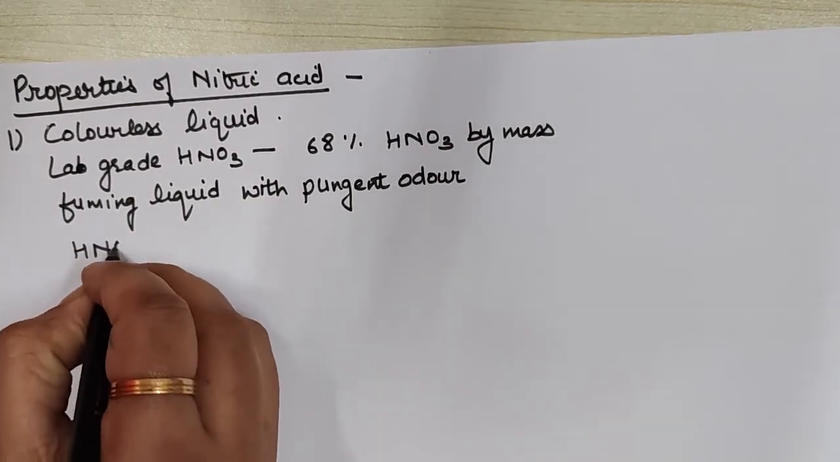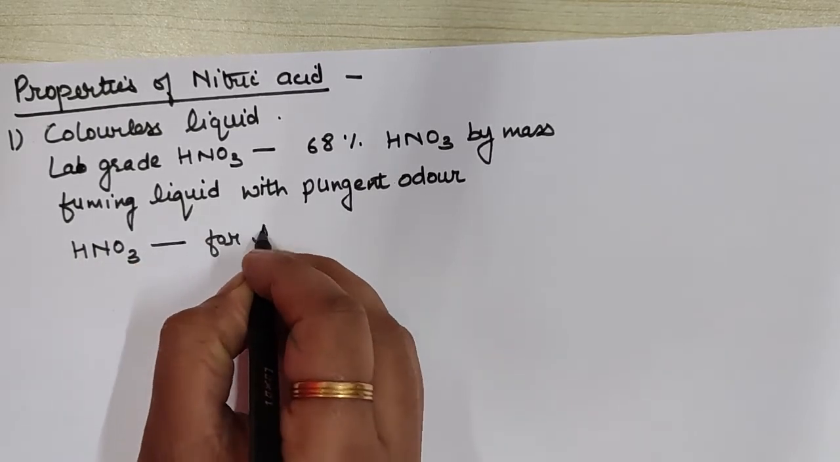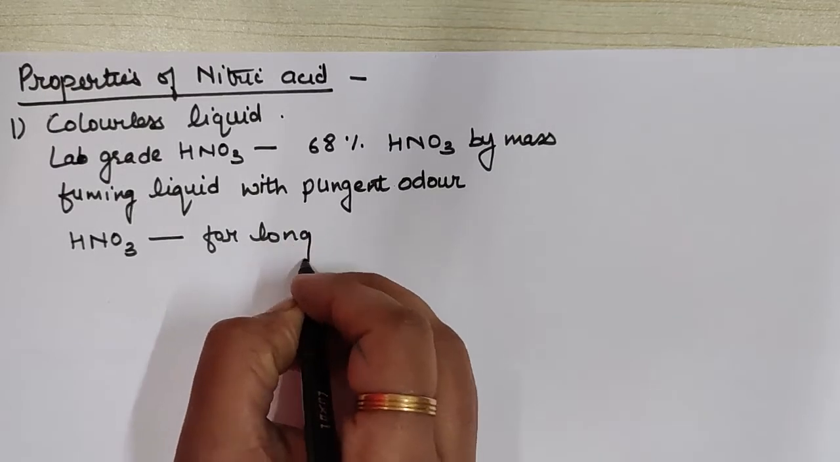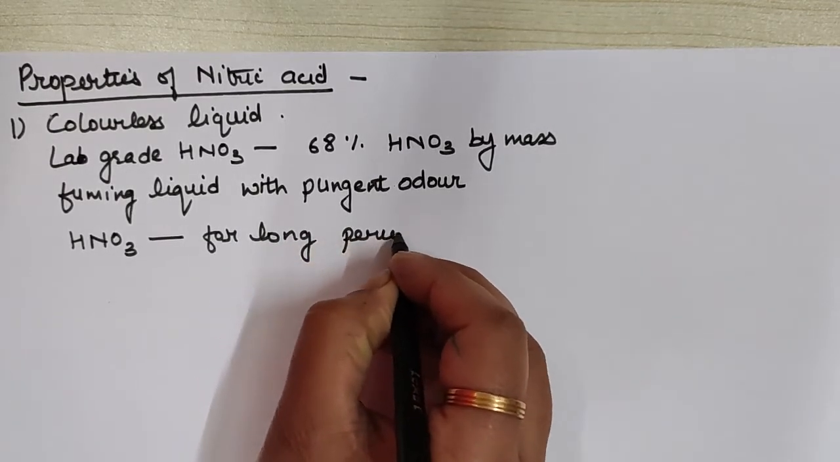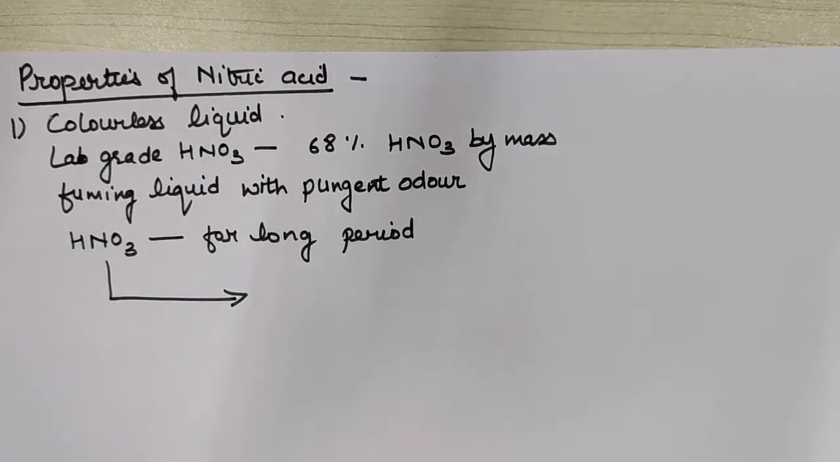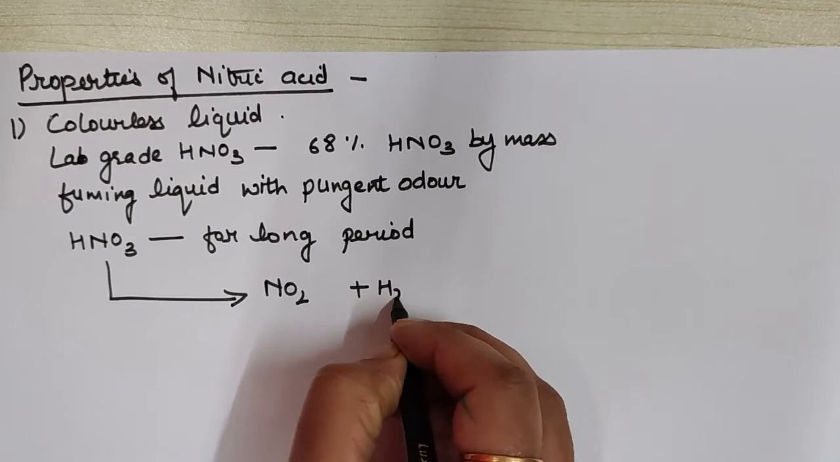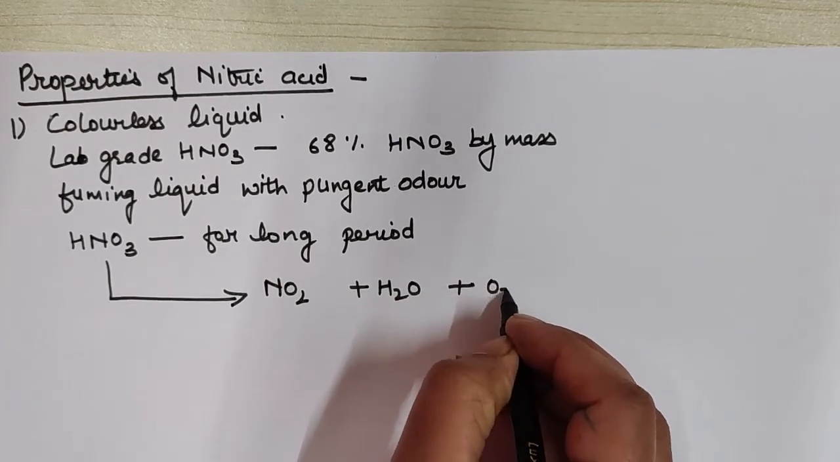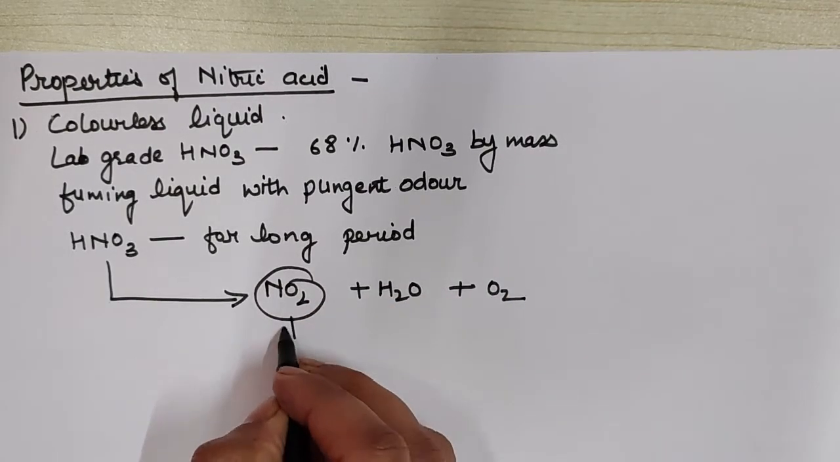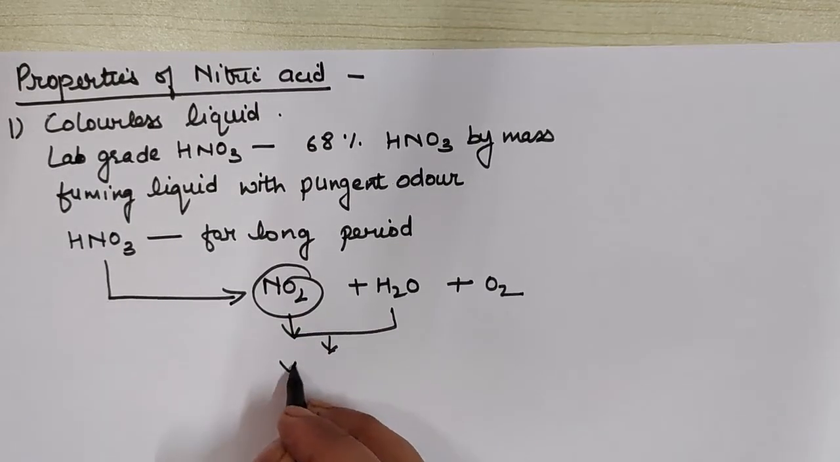when you keep nitric acid for a long period, at that time this nitric acid gets decomposed to form nitrogen dioxide, water and oxygen. So this nitrogen dioxide in water gives a yellow